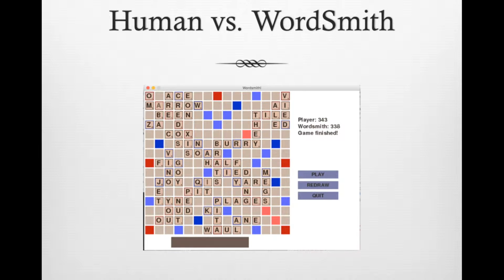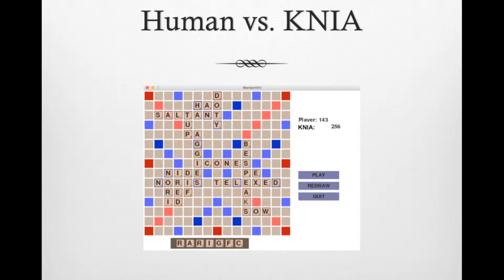Its lack of foresight meant it didn't really have any strategy, but it was able to make big words that we've never heard of. However, we used a bit of strategy and we were able to beat it. Very proud of ourselves. But then we played NIA afterwards, after we had finished implementing her, and she was